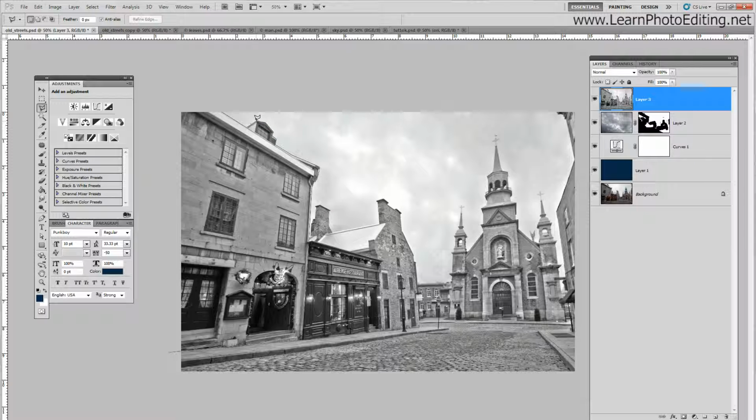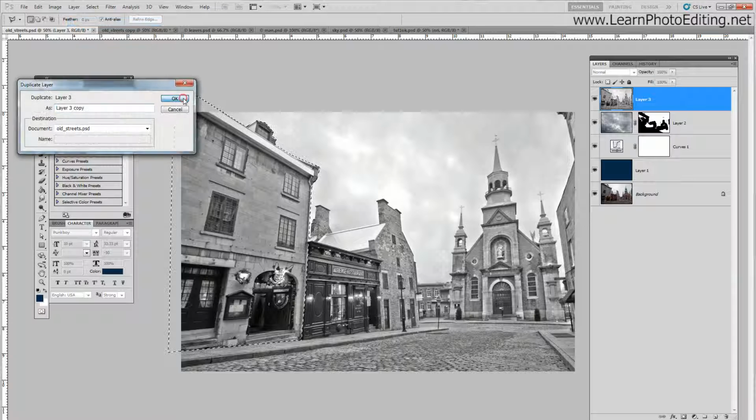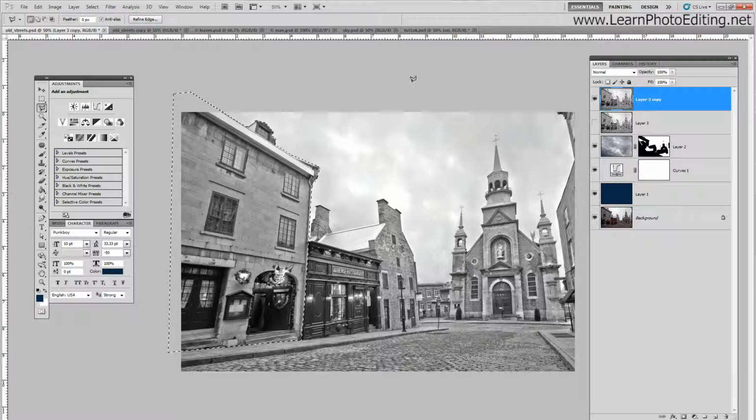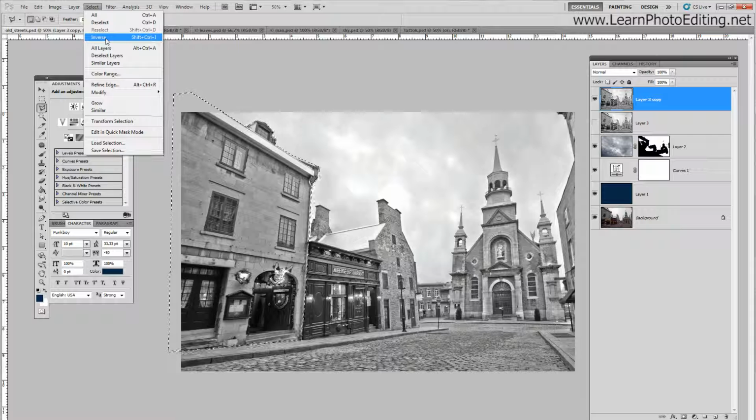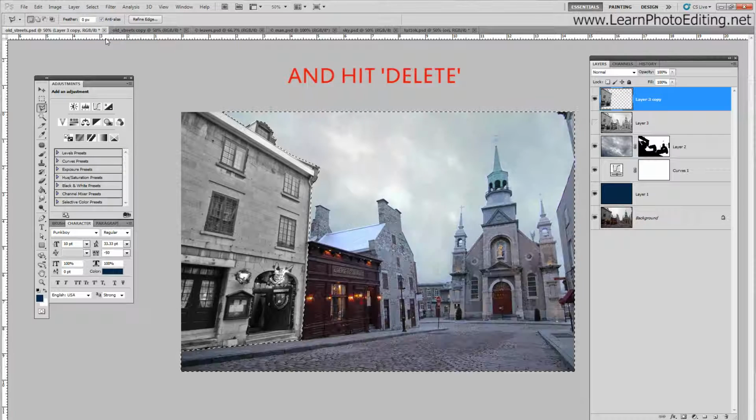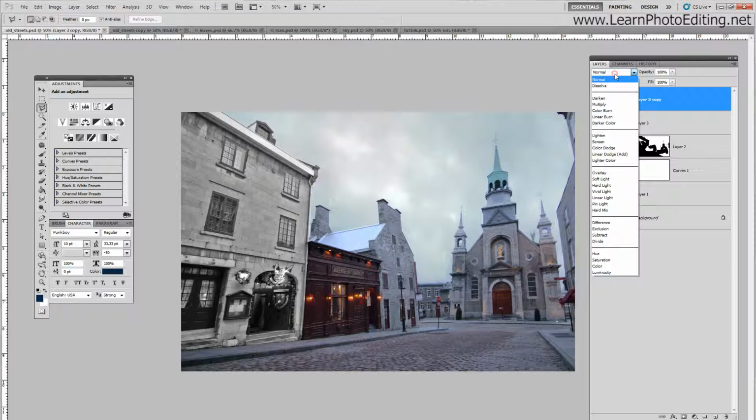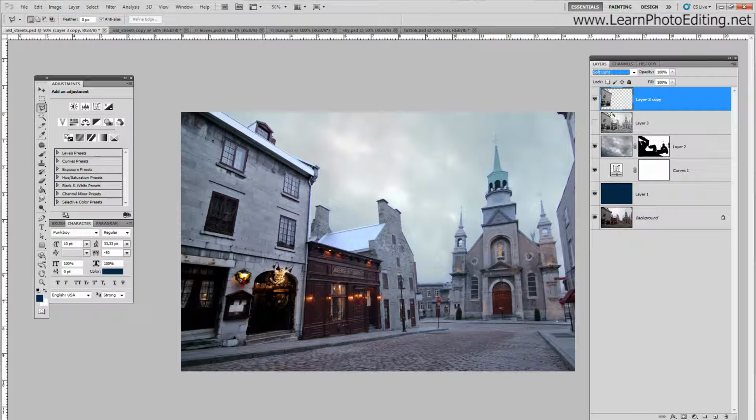You do not need to be extremely precise here, it won't make a difference. And I am going to duplicate this one. I'm going to hide it. I am going to select inverse, and now that we have this building isolated, I'm going to change the blending mode to soft light. And as you can see, we have increased the details